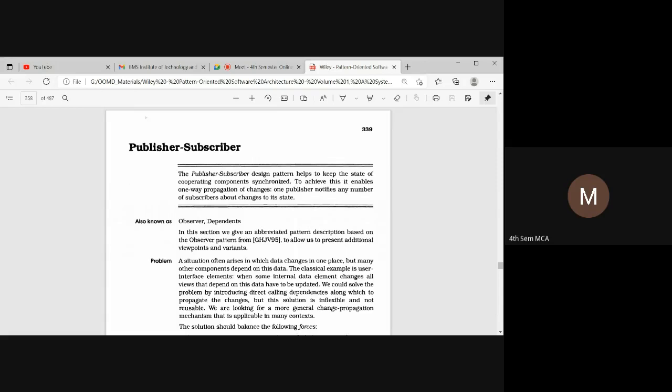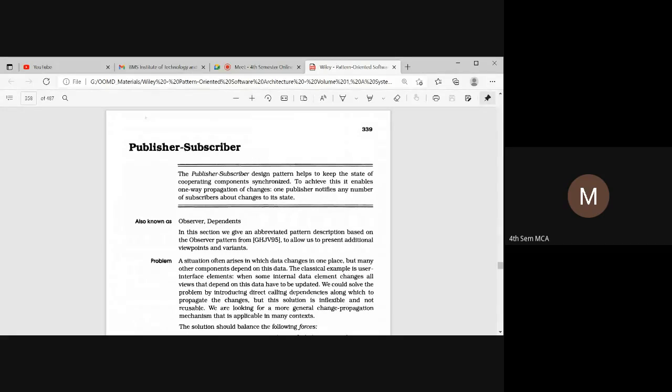So that we call a publisher subscriber. Here the publisher will notify whatever changes are there to all the subscribers to change the state. The change propagation mechanism happening within that particular component will be identified, and those changes have to be notified to all the subscribers. So that is how we define the publisher subscriber pattern.